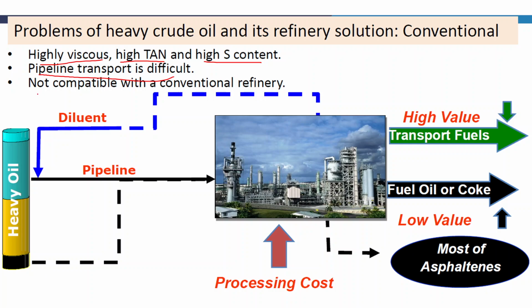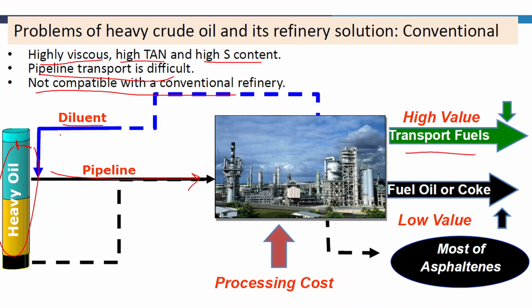Pipeline transport is very difficult due to its high viscosity, and it is not compatible with conventional refineries. So what is done? This heavy oil is mixed with some kind of diluent, some kind of solvent or naphtha or anything, which reduces its viscosity a bit, not very much, but a bit. The heavy oil and diluent are mixed, and then through pipeline it is sent to the refinery. This is from the generation unit of the heavy oil, and then this mixed diluent and heavy oil is sent through pipeline to the refinery, and further in the refinery various